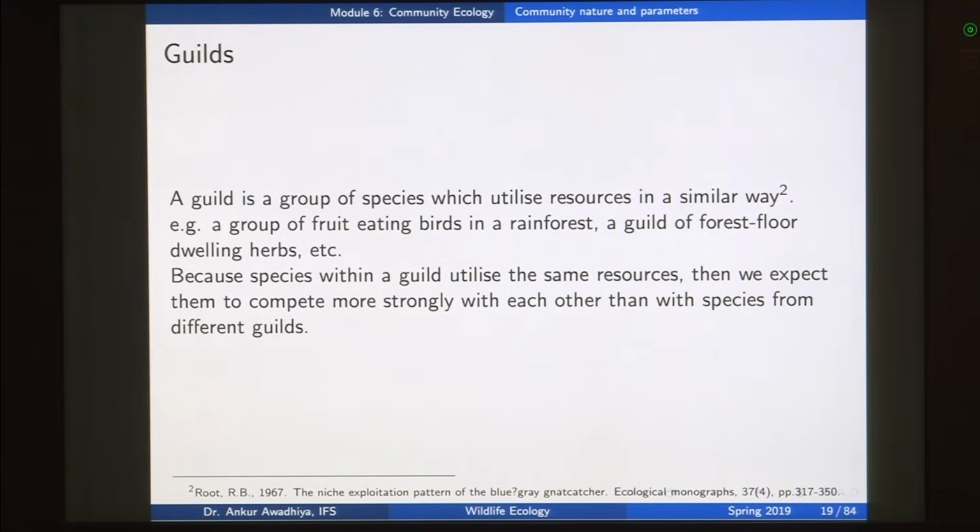So, if we talk about birds that are insectivorous, we are grouping them together because the amount of interspecific competition that they will have within a guild will be much greater than the interspecific competition that we have between 2 guilds. So, the amount of competition between fruit eating birds and insect eating birds will be much less as compared to the amount of competition that we have between one fruit eating bird and another fruit eating bird. Now, the concept of guild is important because in this case,